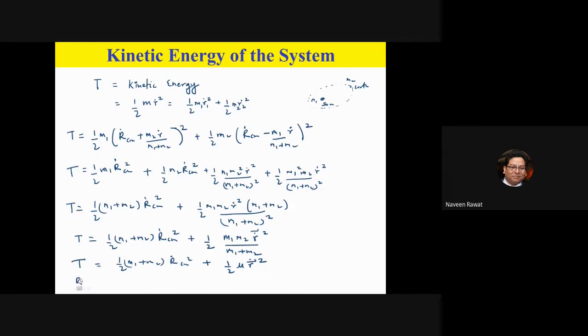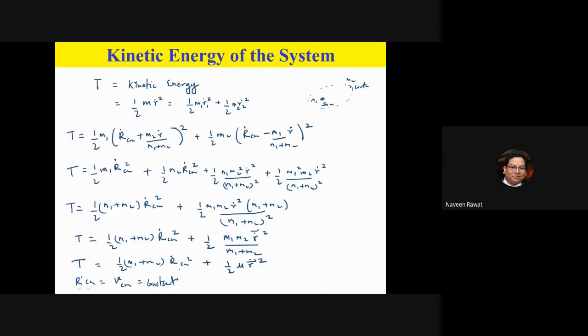What is r dot center of mass? R dot center of mass is just the velocity of center of mass, and we know that the velocity of center of mass is, what is the value for velocity of center of mass? It is a constant term, remember, this is a constant. We had already proved that before. And here you have reduced mass times r dot square.